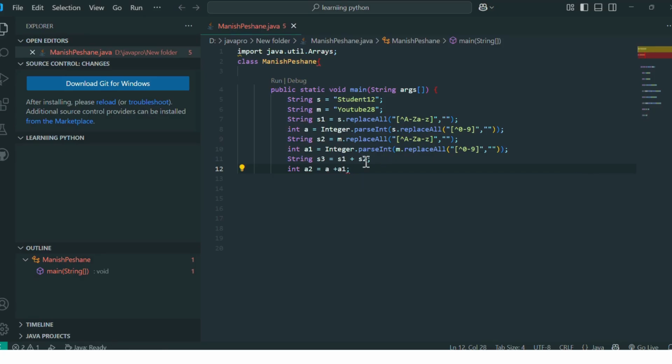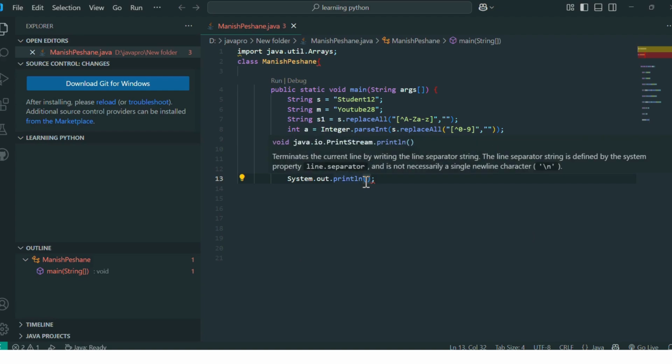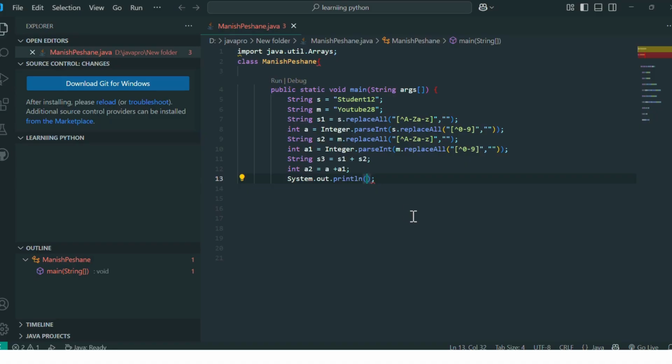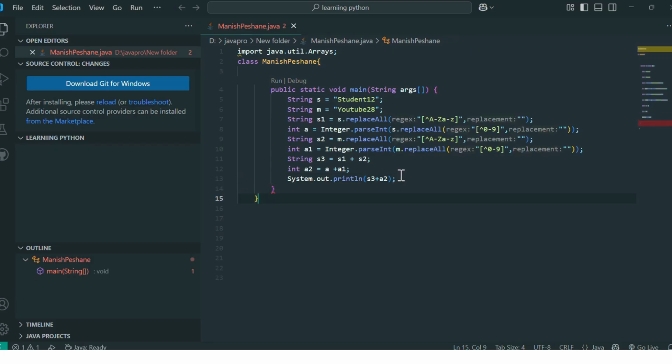Now we are concatenating the numbers and the string. After that we write System.out.print, and here we write s3 plus a2.